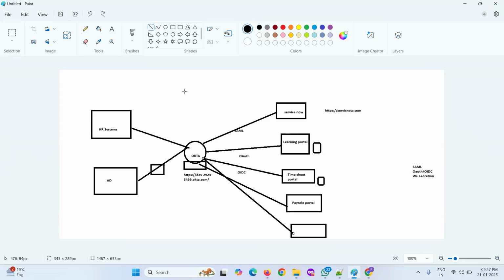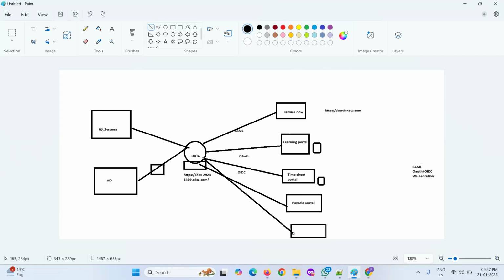Let's suppose the employment date is done. Let's say a user called Salman is moving out of the organization. When he submits his resignation, the resignation date will be entered in the HR system. In most organizations, we submit our resignation in the HR portal itself, right? Yes. So when